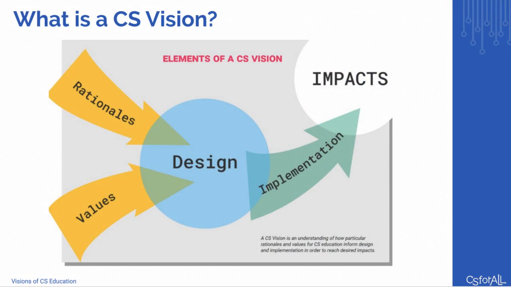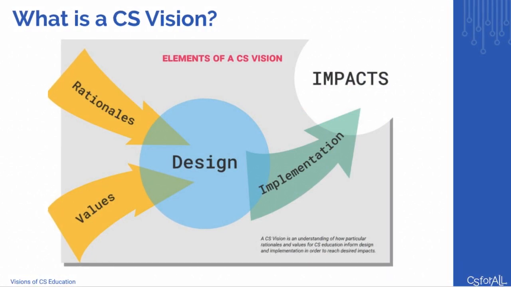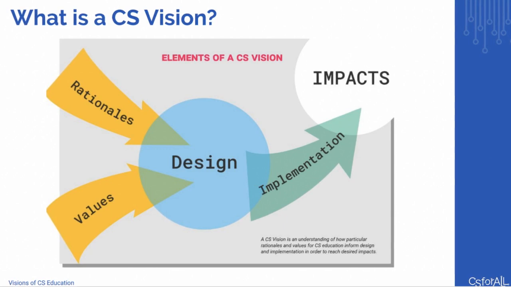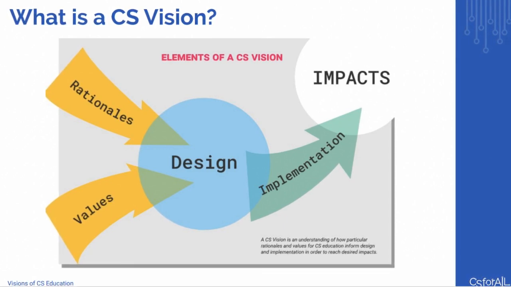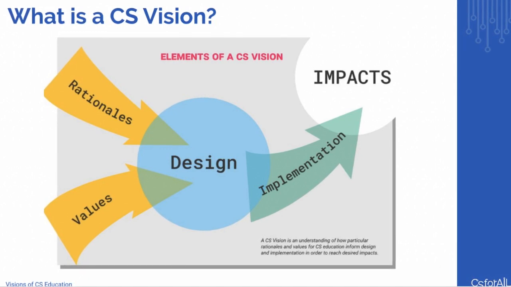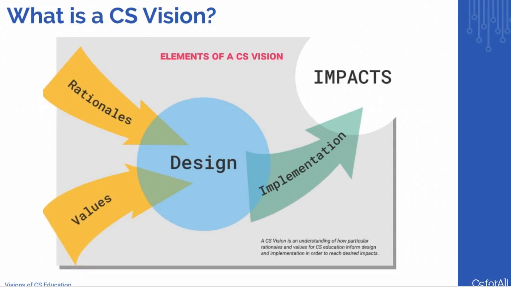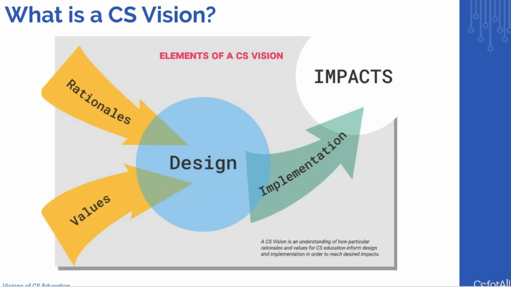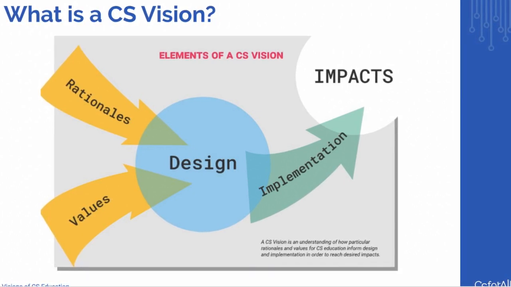Now that you've learned a bit more about the Brookings Institute study and the ways that we can apply computer science ed as a tool for change in terms of how it prepares students, how it provides, and how it pays, I'm curious to revisit a little bit your CS vision from CS for All and how your program design might be influenced in order to ensure that you're leveraging computer science ed as a tool for change for all of your students.